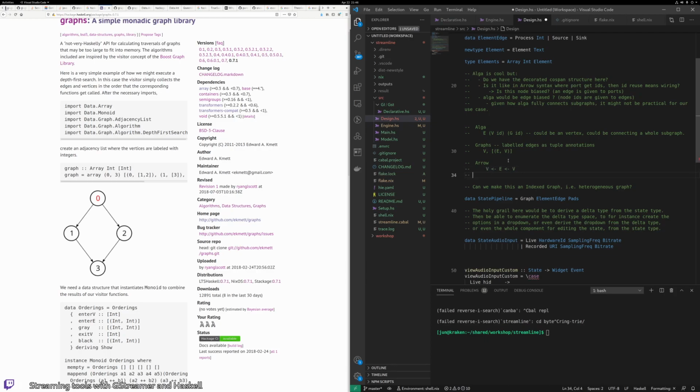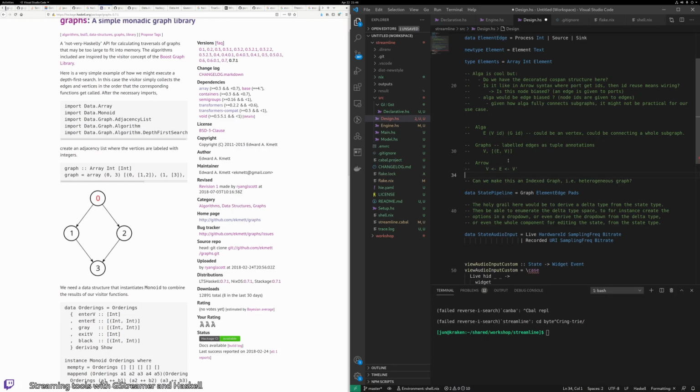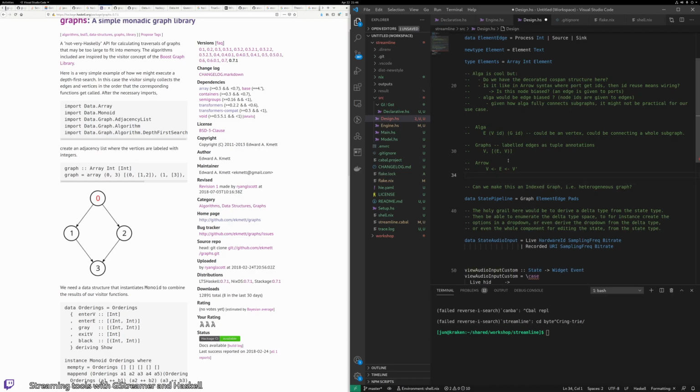And then V prime can be bound to something that's actually the input of the whole arrow block, or it could be an internal thing, and that seems like a pretty neat way to connect things, except that